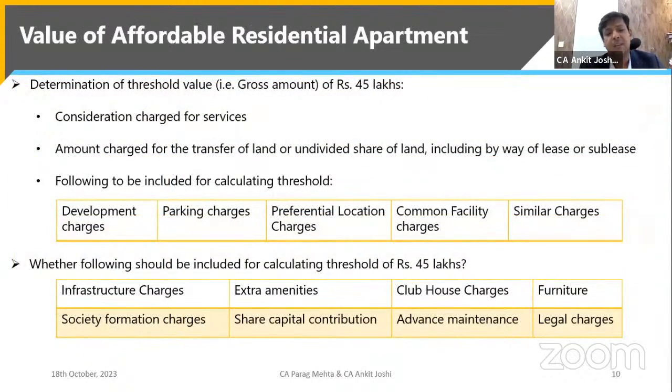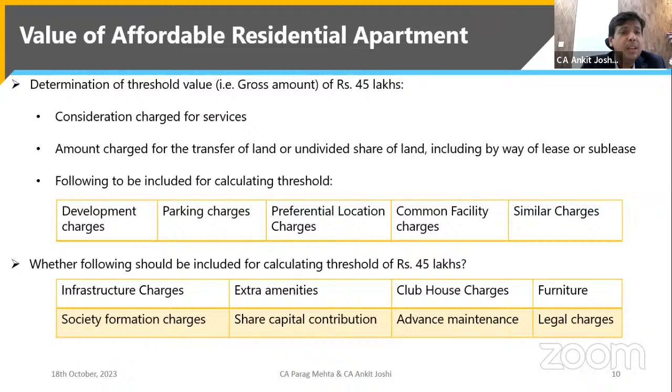So when we say 45 lakhs is the value of the flat, what does one need to consider? How do we compute that 45 lakhs? One will consider the consideration which is paid for the value of the flat. If there is any amount that has been recovered or charged for the transfer of land or undivided share of land, that will also be considered as a part of the 45 lakhs. And if there are any development charges, parking charges, preferential location charges, common facility charges, or any other similar charges that have been recovered, then that will also be considered as a part of the 45 lakhs for the calculation of